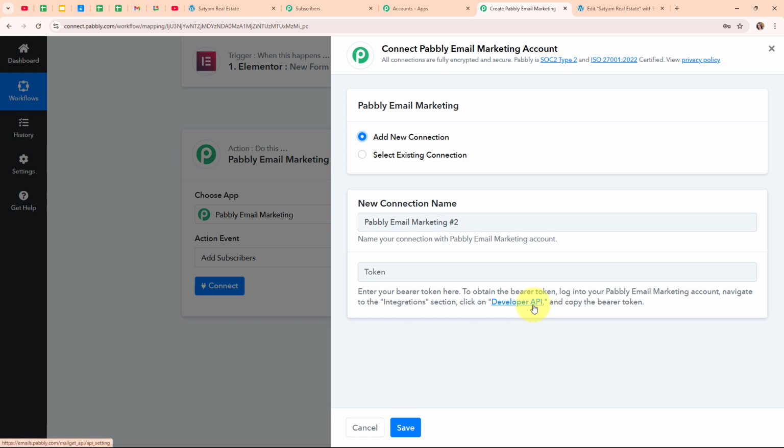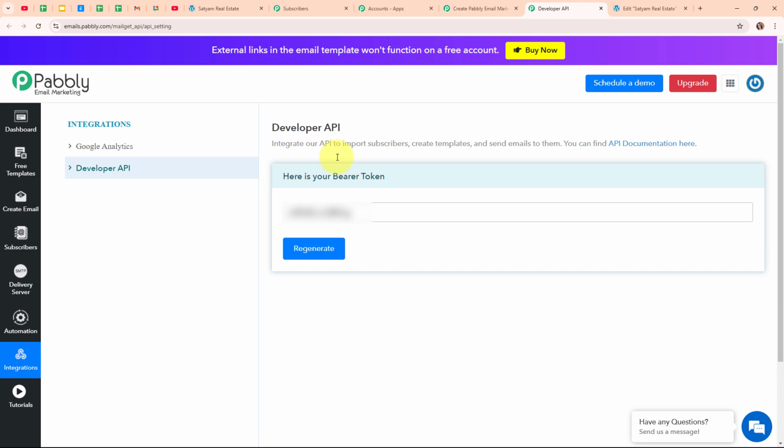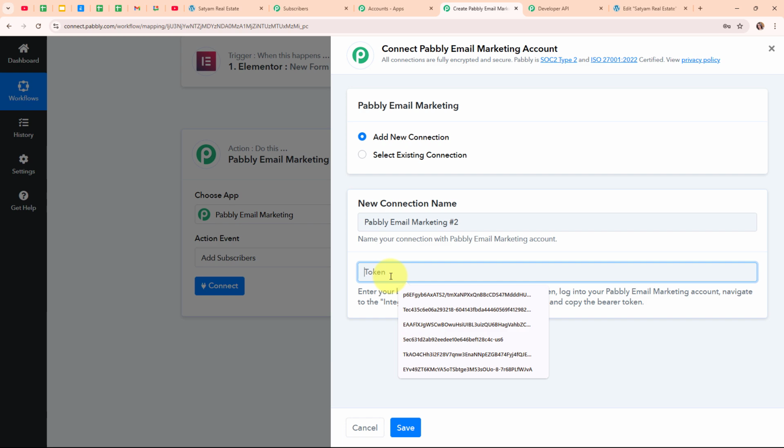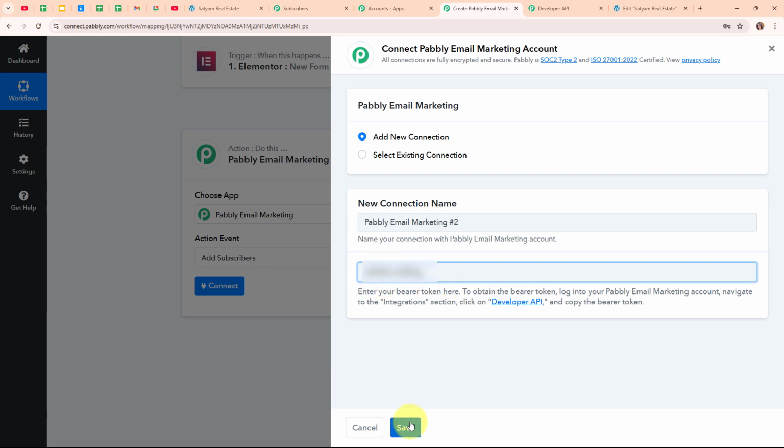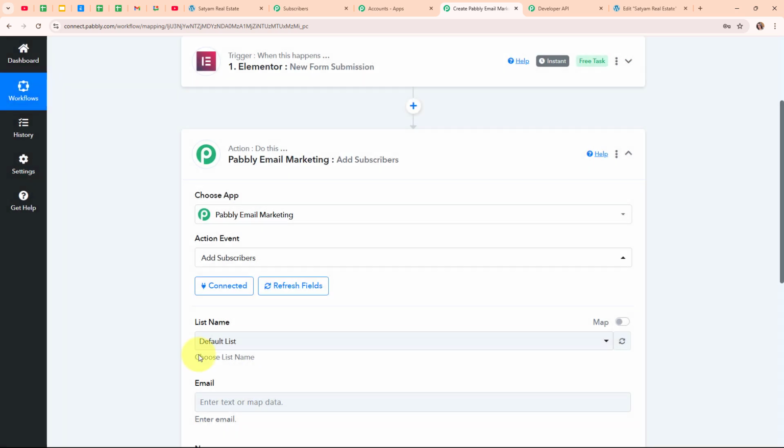So I'm going to click on this hyperlink, and you can see it has directly taken me to the developer API window of the Pabbly Email Marketing tool. Here you can see the bearer token, so I'm going to copy it. Moving back to my Pabbly workflow, I'm going to paste the token. After entering the token, I'm going to click on save, and you can see we are